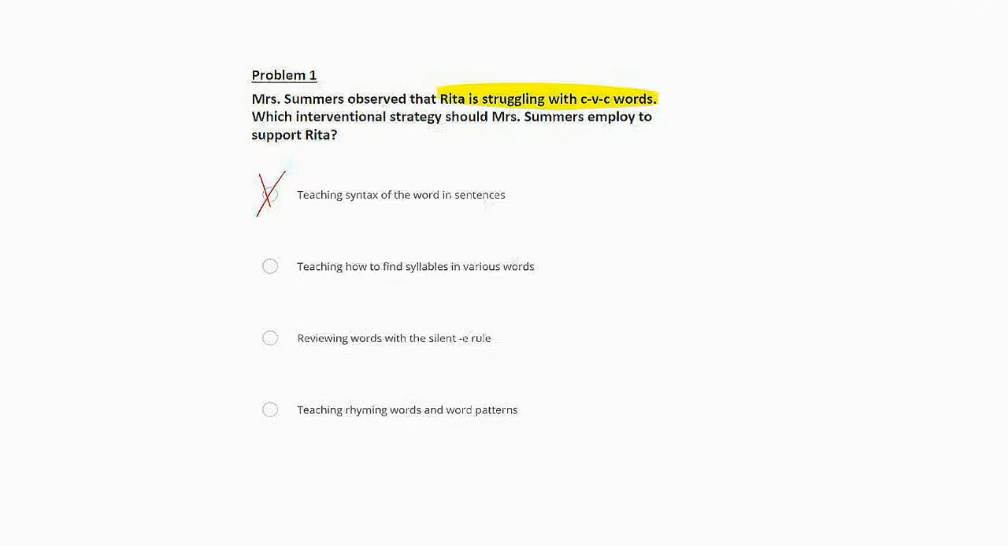Finding how many syllables a word has is not going to be an appropriate strategy for Rita in trying to find and figure out consonant, vowel, consonant words. So we'll eliminate choice 2 as well. Reviewing words with the silent E rule may not be applicable to all consonant, vowel, consonant words. Therefore, eliminating our choice 3 and giving us choice 4, teaching rhyming words and word patterns as our best answer. This instructional strategy would best support Rita. Practicing with rhyming words and identifying patterns like sat, hat, and cat will help her learn to successfully decode CVC